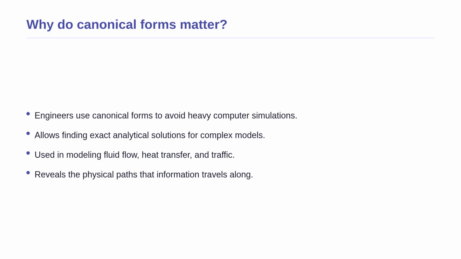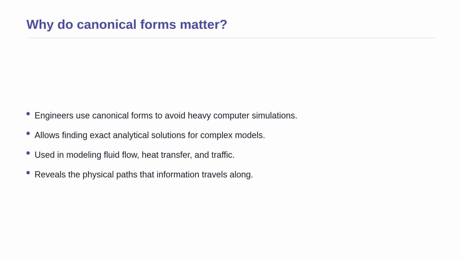Before we conclude, let us look at why canonical forms matter in the real world. Engineers and physicists hate unnecessary complexity when solving real-world problems. When modeling fluid flowing through a pipe, heat transferring across a metal engine block, or traffic flowing down a highway, the raw mathematical equations are often too tangled to solve directly. By converting these models into canonical forms, scientists can find exact analytical solutions instead of relying on heavy, error-prone computer